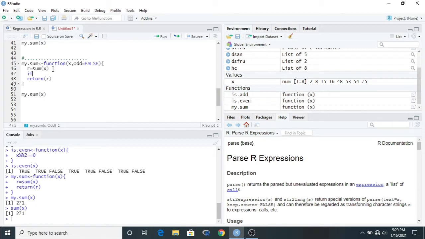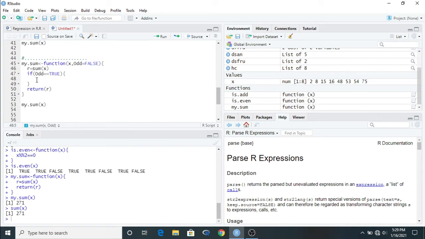If odd is equal to, for the logical function we have to put double equal true. If odd is equal to true, there is no logic for putting false here and true there, but for a genuine sense we have to put the opposite of the option. Then start the curly bracket and end the curly bracket, press enter, and we have to put the code here for if r is odd.